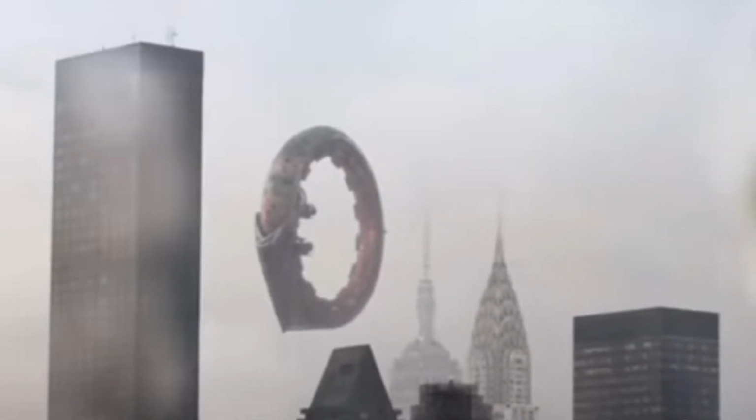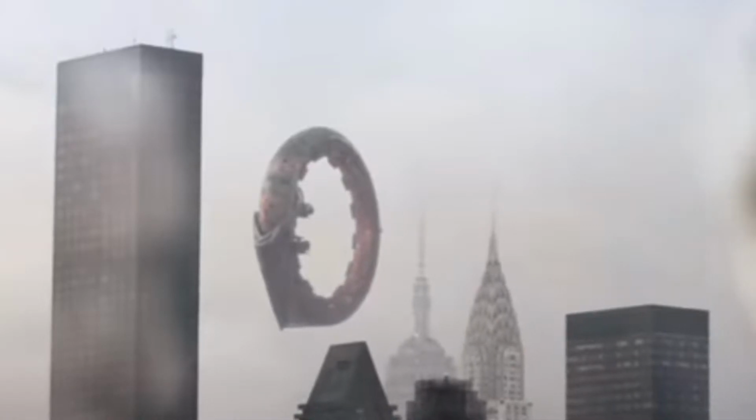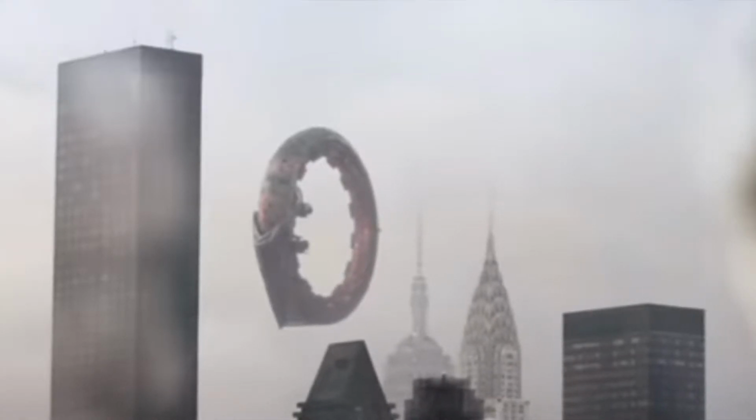I'm not too sure, but if I had to guess, it doesn't look like there's anything being transported in or out of it. And if Thanos does have the Space Stone, which I'm assuming he gets early in the movie, I don't see how he couldn't just portal his troops in there. So I'm just going to say this is a terraforming machine, like a world engine type thing, to just